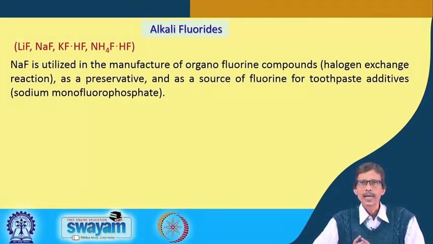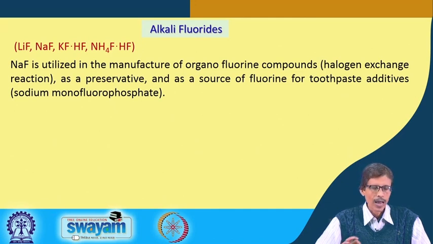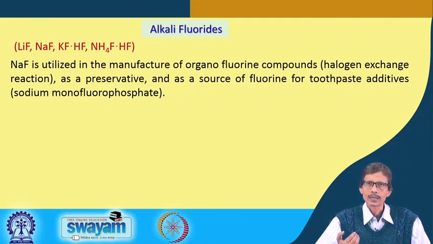And that fluoroapatite can be obtained if you go for slow fluoride ion release, basically through your toothpaste. If you have a little bit of sodium fluoride in your toothpaste, that slow release of fluoride while you brush your teeth can lead to fluoroapatite formation from the hydroxyapatite